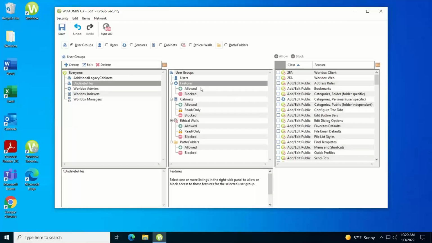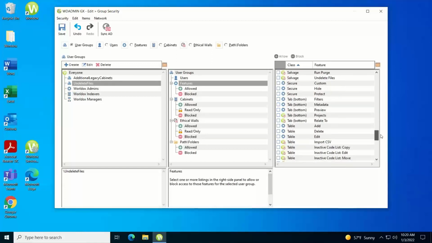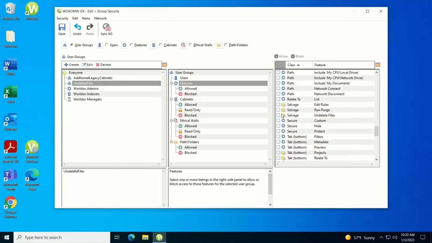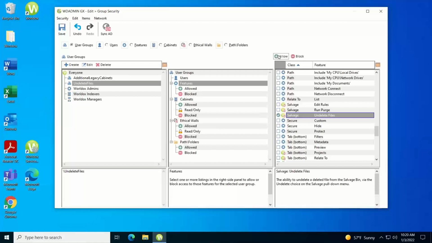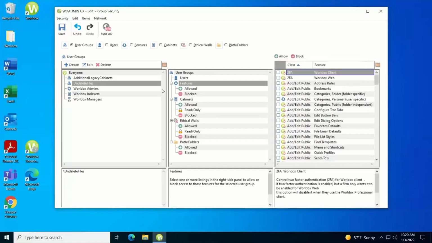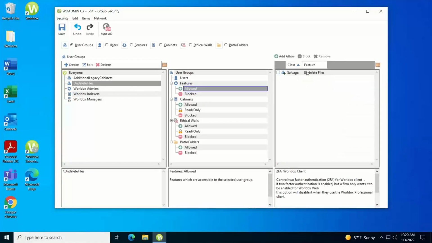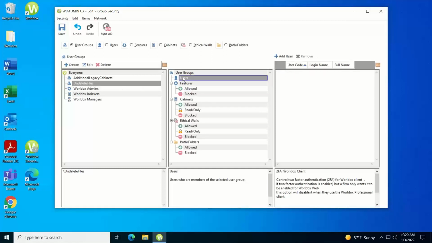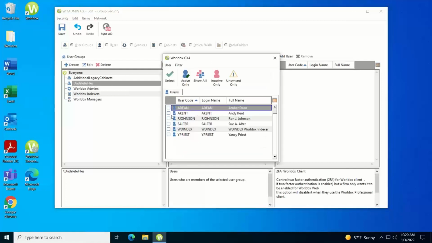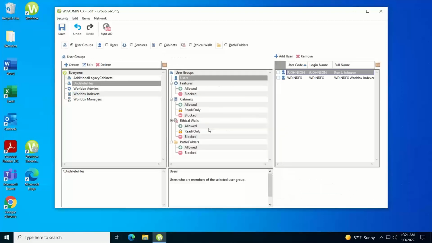With this group highlighted and with features highlighted in the middle panel, I'm going to scroll down, salvage undelete files, hit allow, and now I see this group has access to the undelete. Now what you need to do is add your users that you want to be a member of this group. So with undelete files highlighted in the left panel, I'll choose users in the middle panel and hit add user. And then from here, I can choose the users that I want to be members of that group,